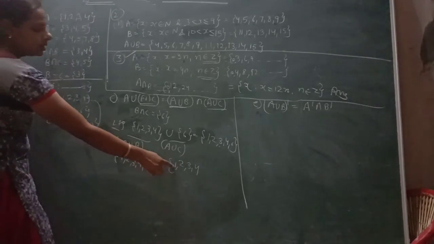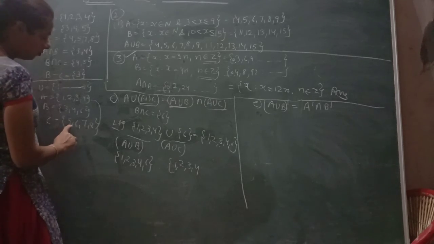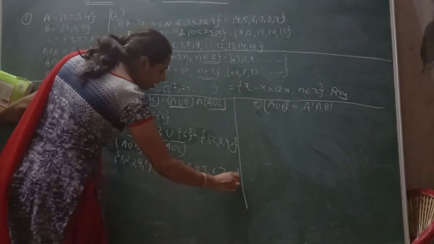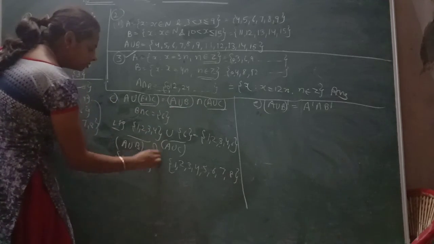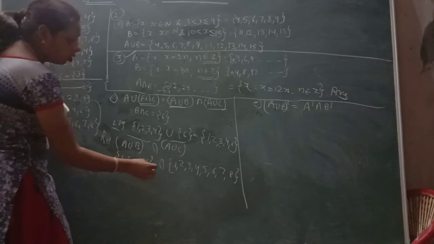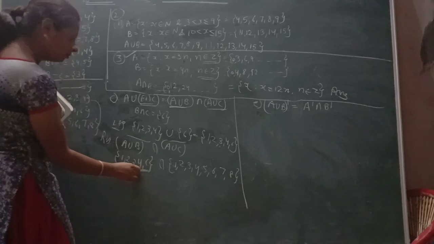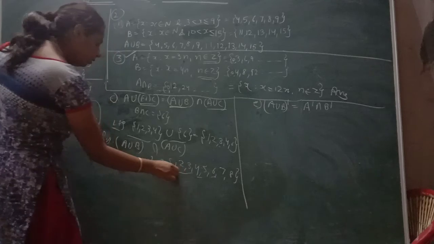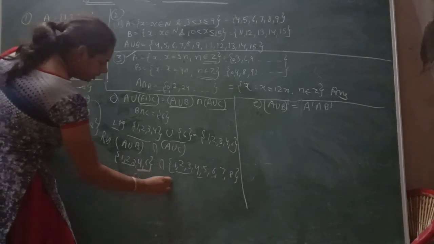I have written here firstly the elements of A, and then I'm going to write the elements of C, that is 5, 6, 7, 8. 5, 6, 7, 8 are all different, so I have written all the elements of A and C. Okay, and the symbol given here is that of intersection. So this is your right hand side, take out the common ones. What is common here? 4, 6, 3, 1, 2. Okay, so 1, 2, 3, 4 and 6 are common.